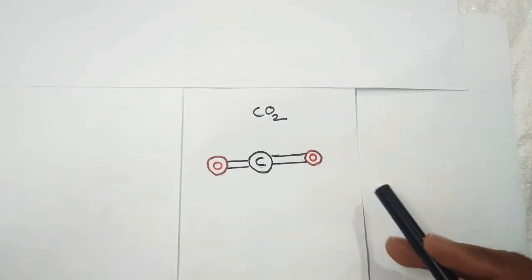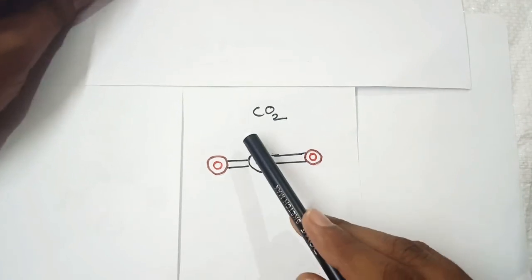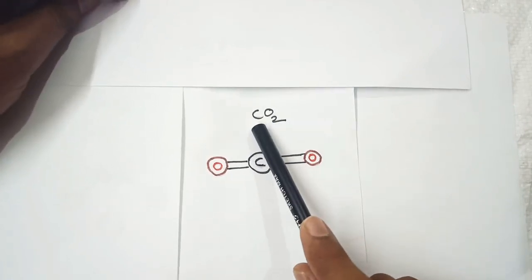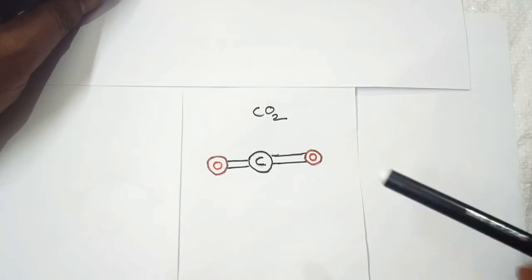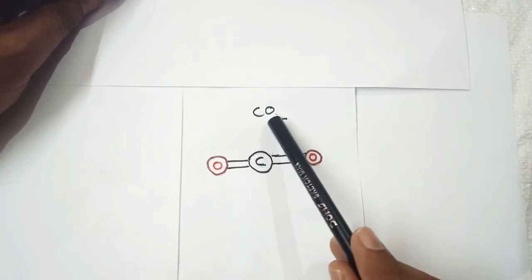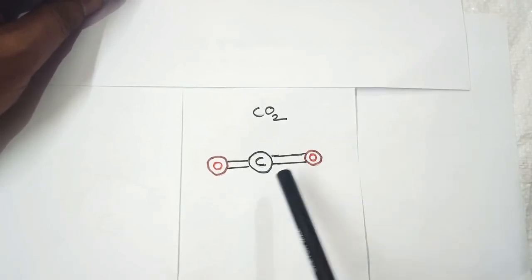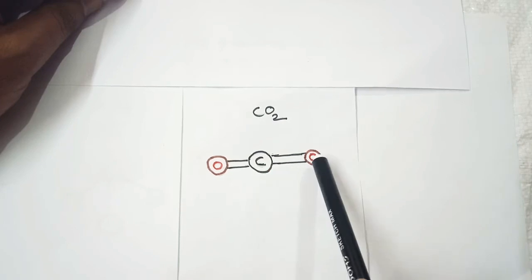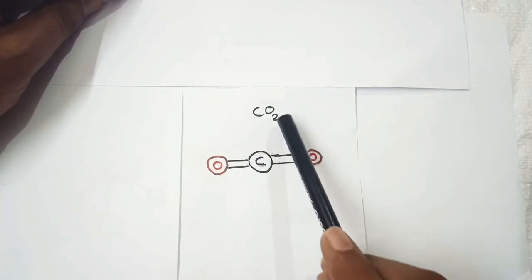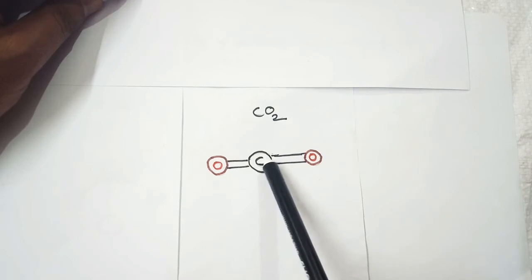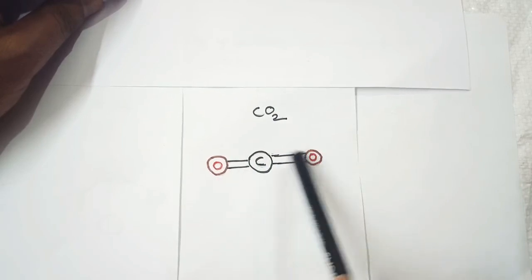Let us take the third example. In this example, the well-known one, carbon dioxide, is our example. In this one carbon we have 2 oxygen atoms also. So here the carbon is attaching with the 2 oxygen atoms. As we have 2 oxygen atoms, it can combine with 2 oxygen atoms.